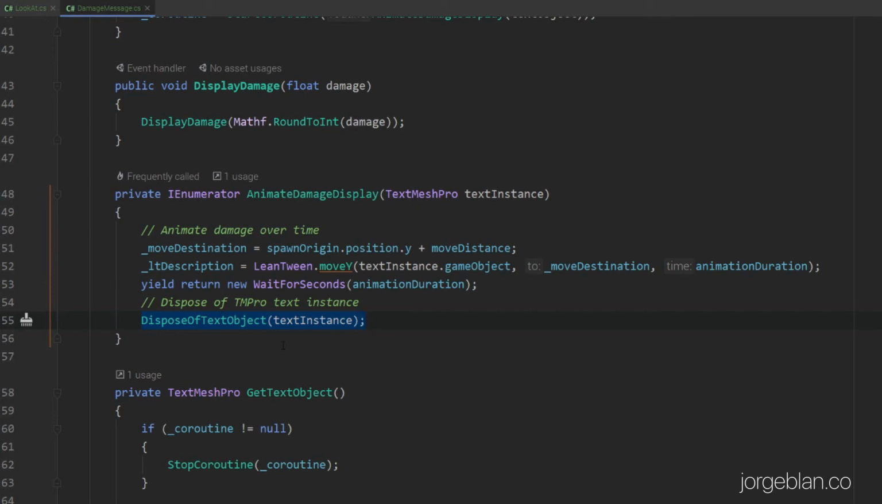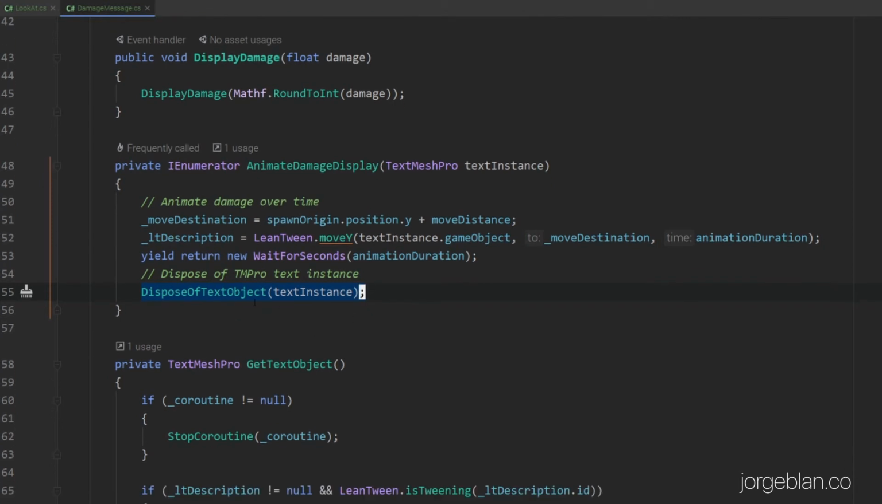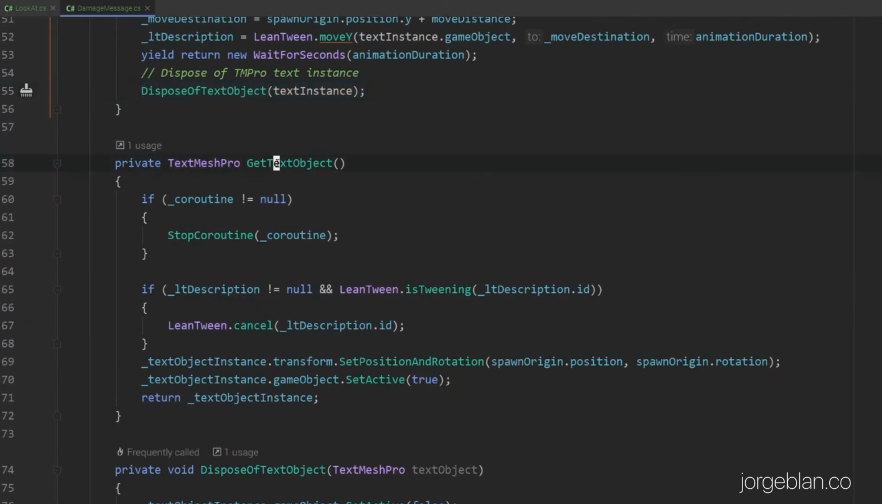If we later move on to a pool of objects, for example, this will actually restore it back into the pool. Or if we wanted to actually destroy the object, we could destroy it here, but we are decoupling that behavior for now. As I said before, here in the getTextObject method, we are simply getting a reference to the TextObject instance that we have instantiated from before,